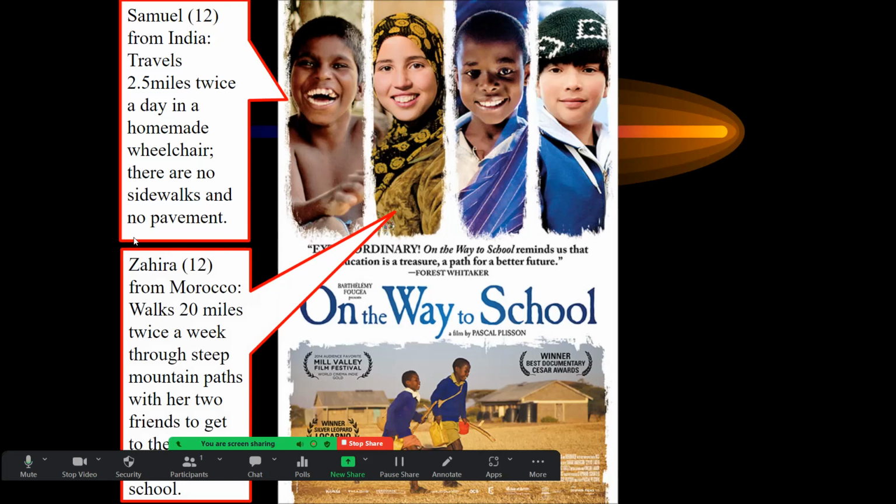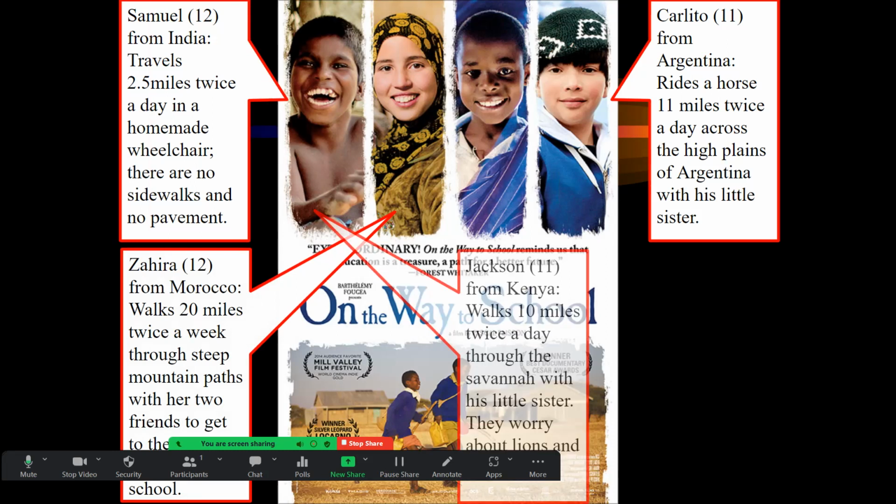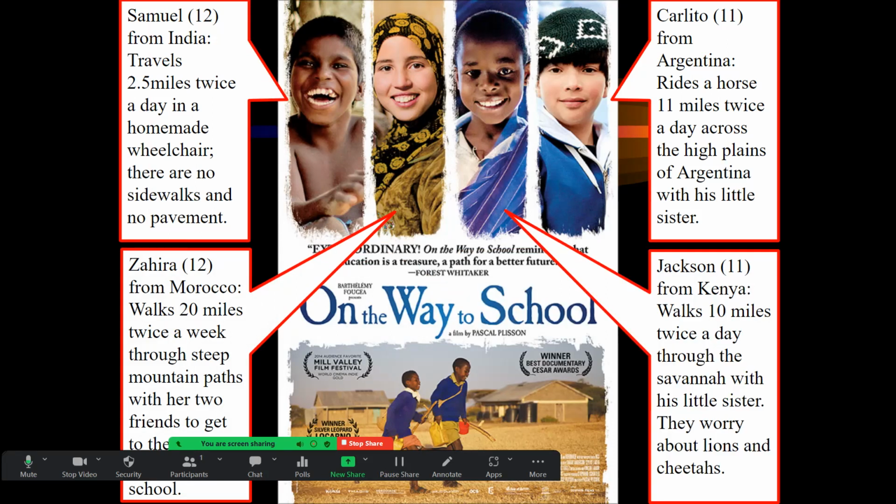This young woman that's being pointed to here walked 20 miles twice a week with a friend through the mountains of northern Morocco to get to school. Carlito got to ride a horse. Jackson and his little sister walked 10 miles twice a day, having to worry about lions and cheetahs. Again, I don't want you to have to protect yourself from lions and cheetahs, but ask yourself, how do you